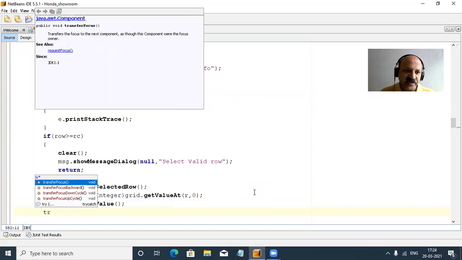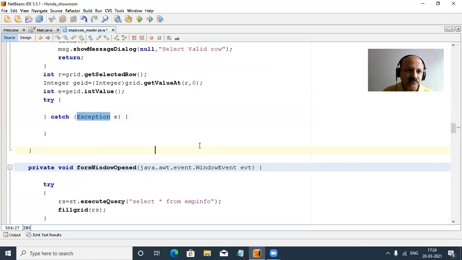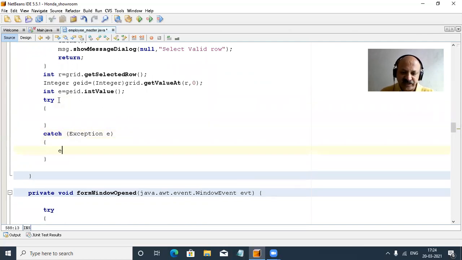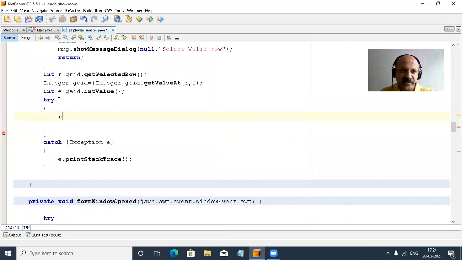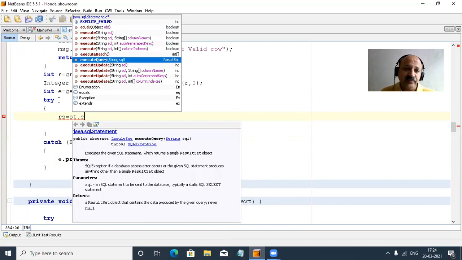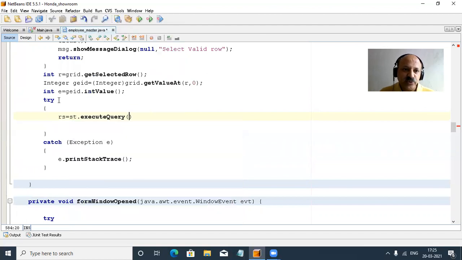That is needed. So now we can fill our appropriate records one by one. First, we always put printStackTrace in the catch block. And now what to do? We first take rs and statement and give executeQuery. I previously told you the user selects the record in the JTable, but our record comes from our original database table. That is the process we have to follow in this coding.